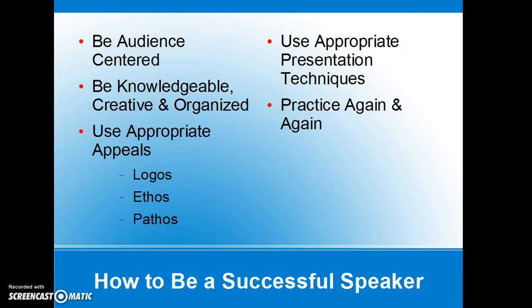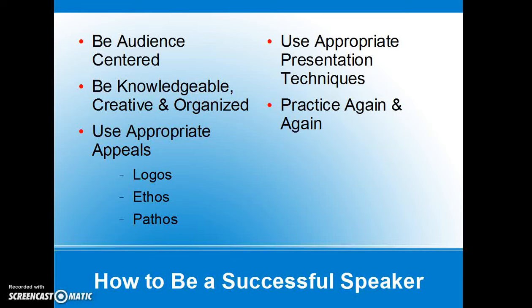So if you are an auto mechanic and you're giving a speech to other auto mechanics, it's more likely what you are trying to talk about is going to be understood by the audience as they're listening to you. Versus being an auto mechanic giving a speech to somebody who doesn't even know how to put the key into the ignition. If you start talking about the inner workings of a motor, they're not going to understand that. So keeping the audience in mind and coming up with topics that the audience will be interested in and invested in will help you become a more successful speaker.